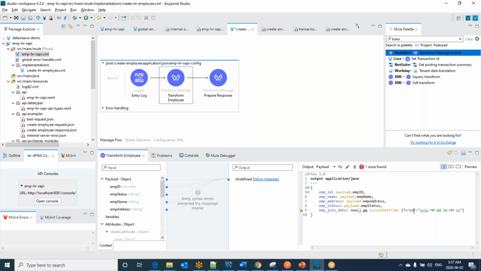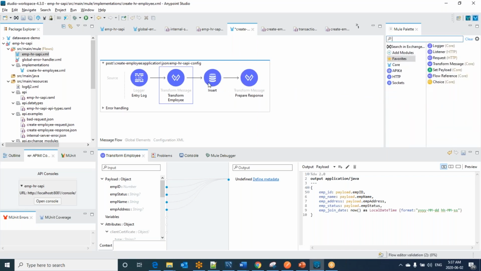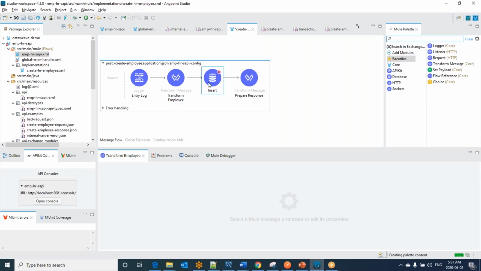Don't worry about these transformations. I have discussed these all in the DataWeave language section. Now let me take the database call. That should be insert employee record to HR system.